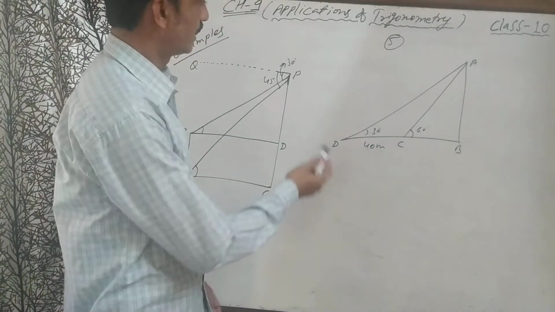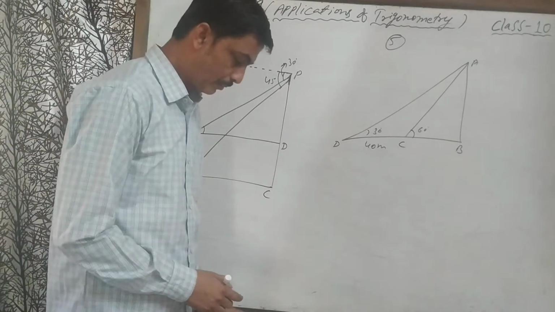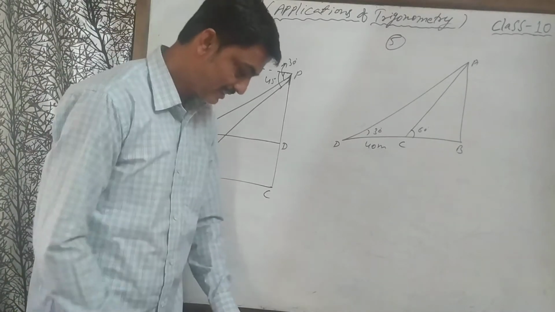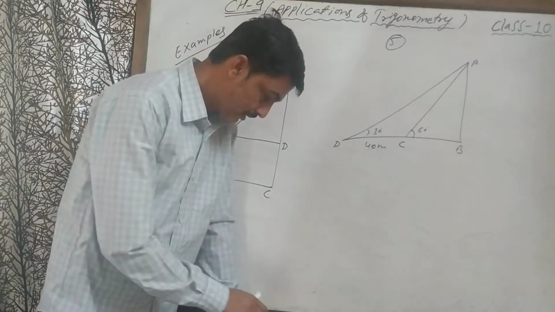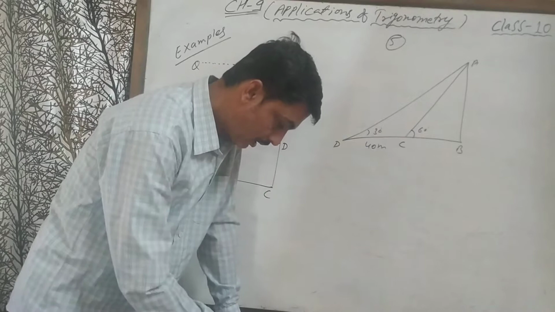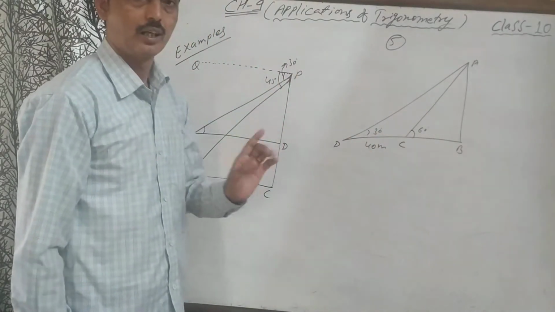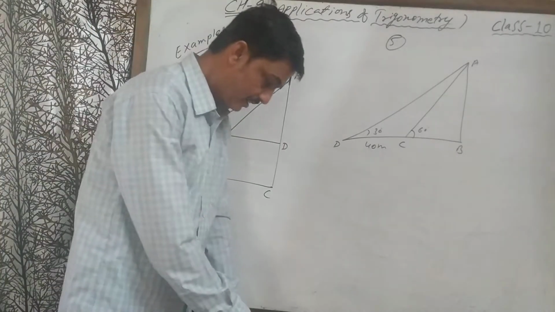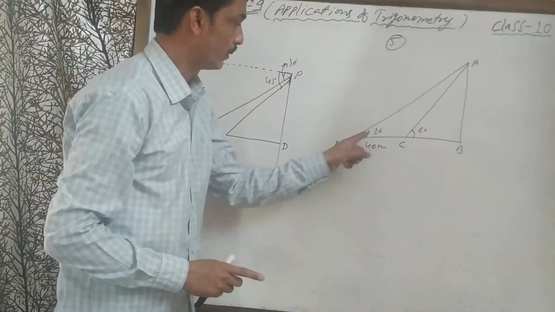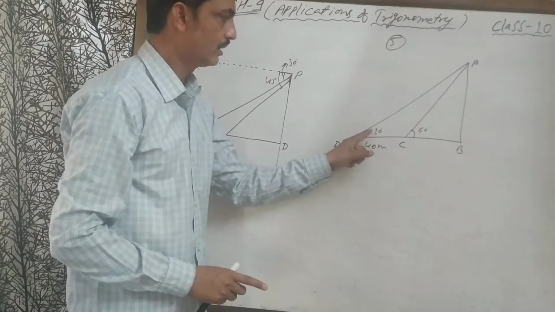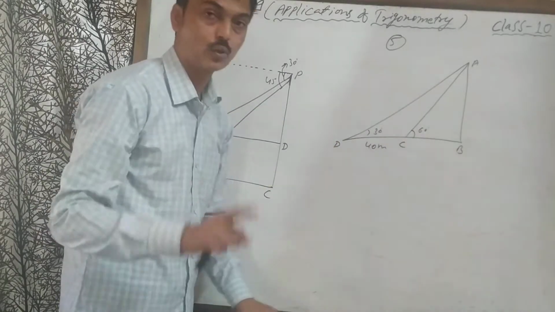Okay, students, here we discussed example number 5 and example number 6. In example number 5, it is given that AB is a tower, and the angles of elevation are 60 degree and 30 degree. And one more thing is given, that is the shadow of the tower is 40 meter longer when the angle is 30 degree. Understand? This is the shadow, and we need to find out the height of AB here.